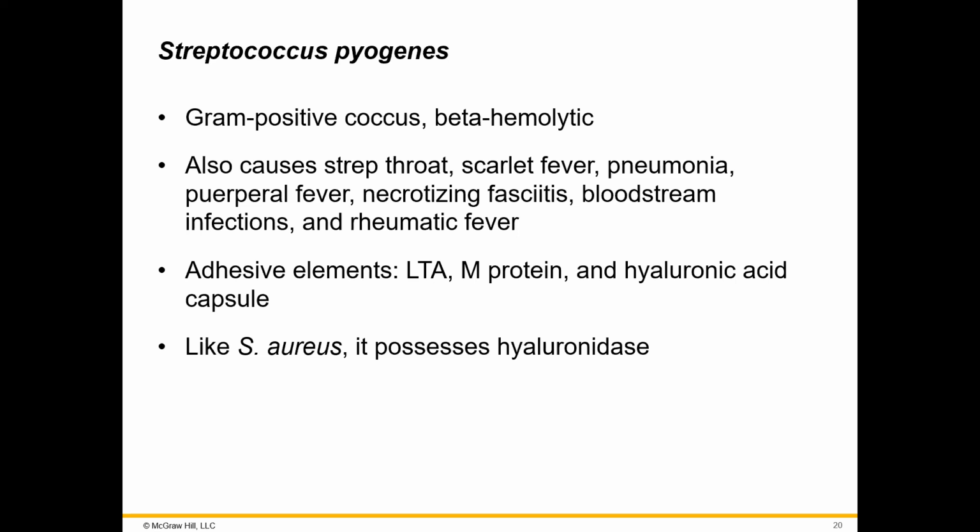So Streptococcus pyogenes is a gram-positive coccus, and it is beta hemolytic, and it's very well known for being beta hemolytic. It is the cause of strep throat, scarlet fever. It can cause pneumonia, puerperal fever, necrotizing fasciitis. It's usually one of the more common ones that can cause necrotizing fasciitis. There's a lot of bacteria that can lead to necrotizing fasciitis. And if I'm saying this word and you're like, don't know what that is,